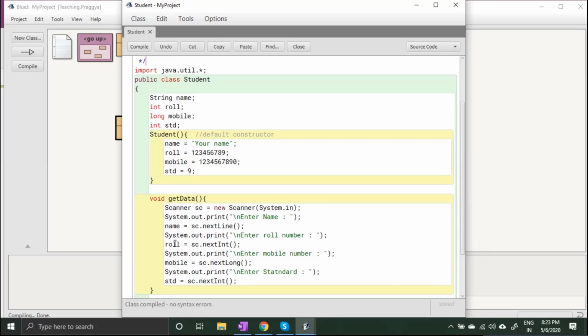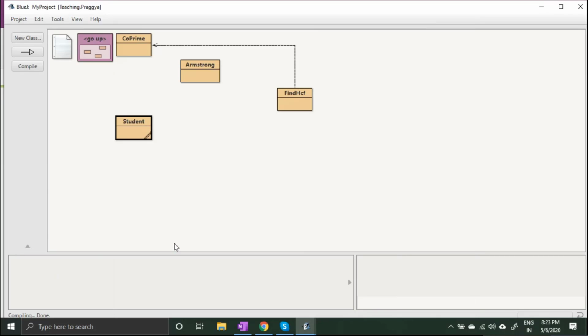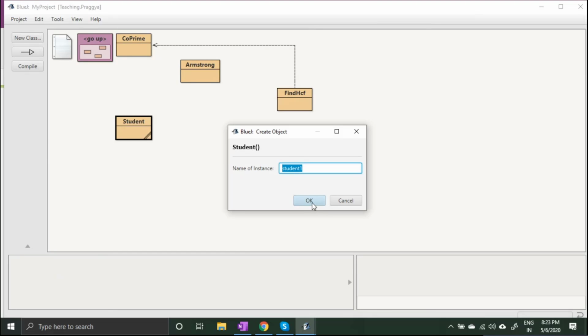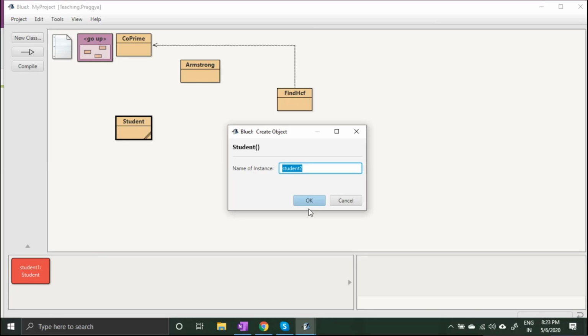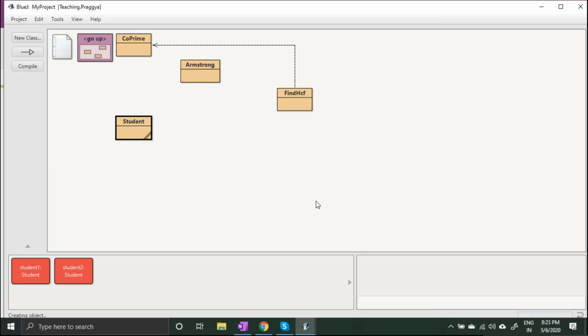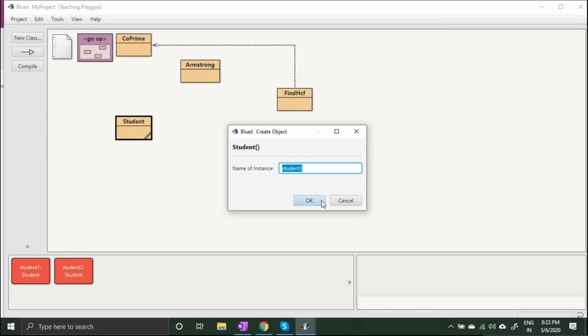Now let's close this, and let me show you. I'm creating a few instances. New student, student one. Then I'm creating another instance, new student two. And now I'm creating another instance, student three.